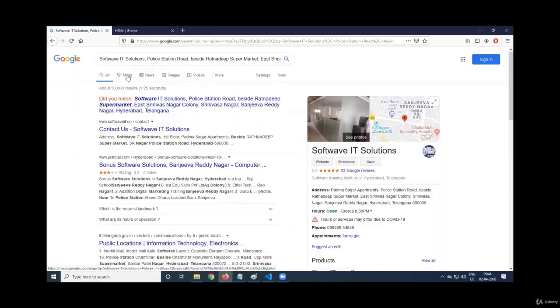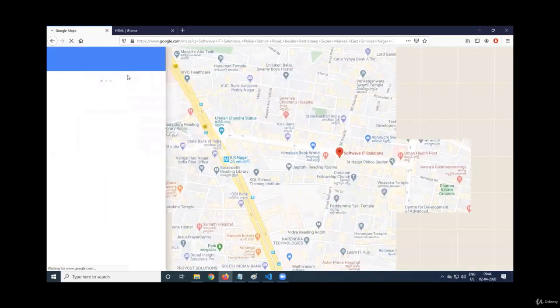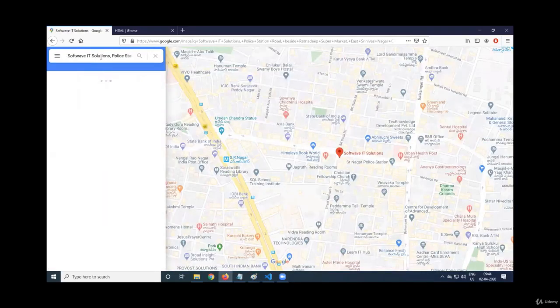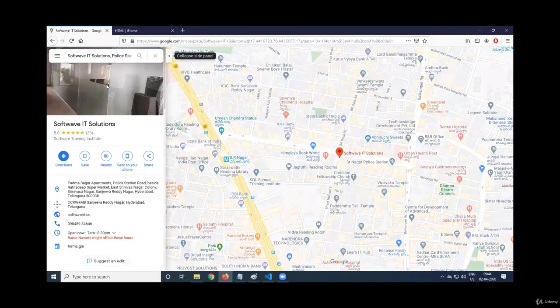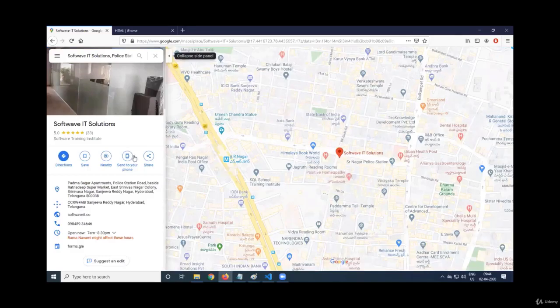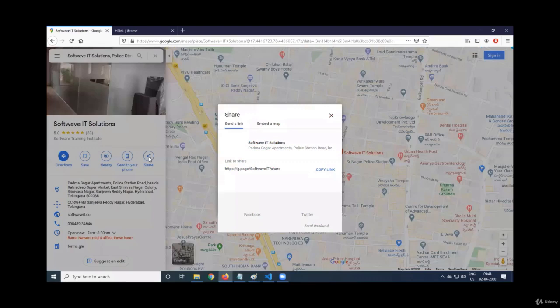Softwave IT Solution, come to Maps. Once you come to this one, this is our office. When you come to this, there is something called share. Click on this share.